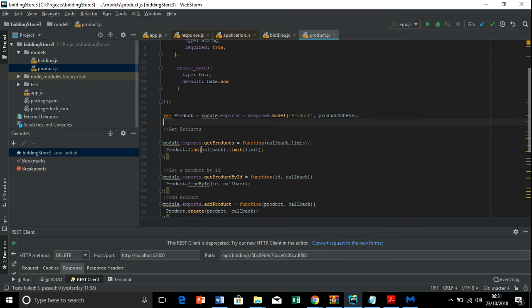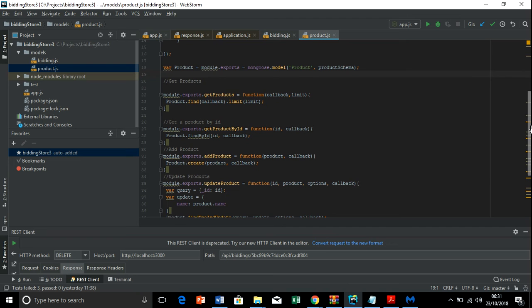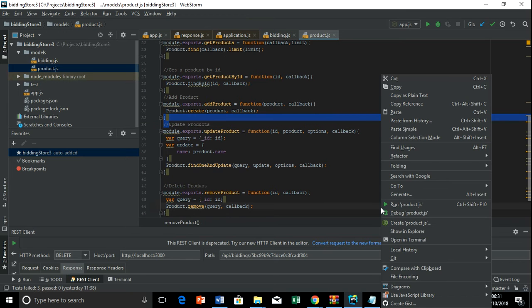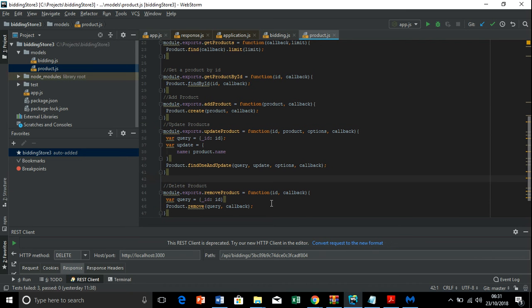So here is the get product function, and there is a callback and there is a limit. This export makes it accessible here in the app.js, and it also goes with the get product by ID, add product, update product, and remove product.